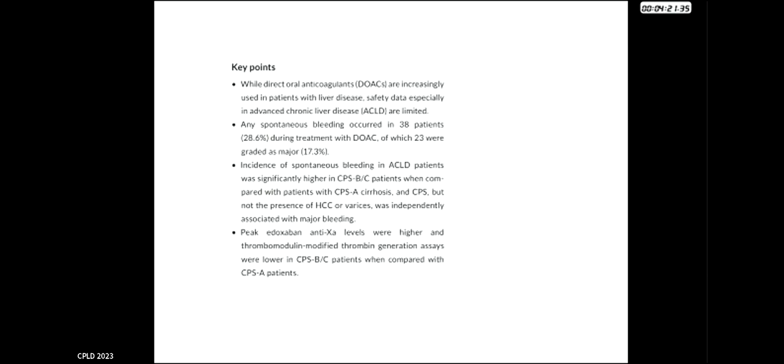So while DOACs are increasingly used in patients with liver diseases, the safety data in advanced chronic liver disease is limited. Any spontaneous bleeding occurred in 38 patients during treatment with DOAC, of which 23 were graded as major. Incidence of spontaneous bleeding in advanced chronic liver disease was higher in Child-Pugh B and C patients when compared to Child-Pugh A, but not with the presence of HCC or varices. And of course, they looked at peak edoxaban anti-Xa levels because that was what was commonly used, which is not